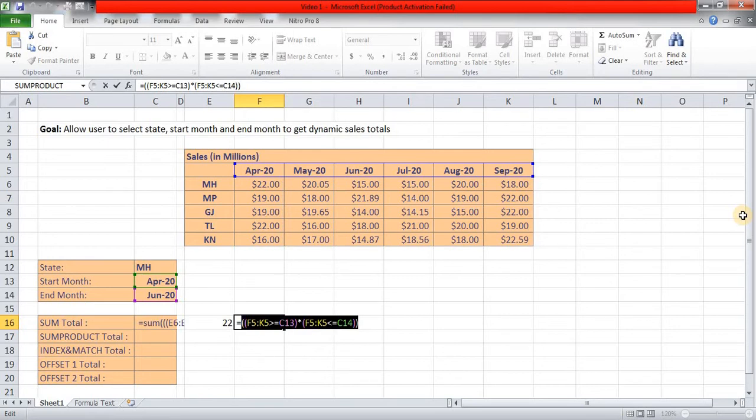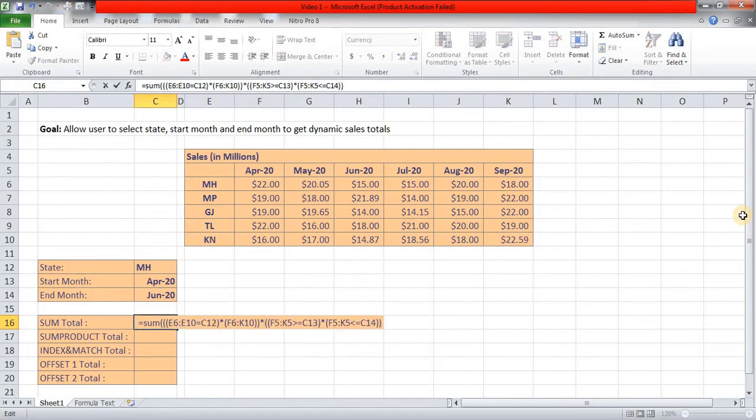Control C, escape, F2, Control V, and I am closing parenthesis for sum, and I am coming to the beginning of this function and deleting that extra space. Delete. So all these references have been activated, and Control Shift and Enter, because we are doing some array operation. So Control Shift and Enter, and here you have